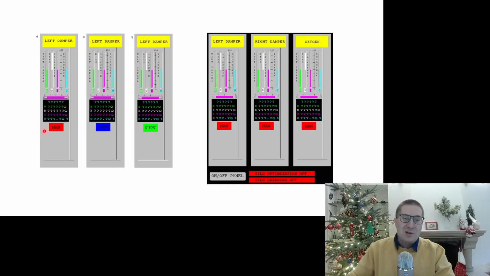If it's in manual mode, the operator has full control, full responsibility for this particular device, let's say an air damper. If it's in auto mode, so normal operation, the PID controller decides about the damper opening,